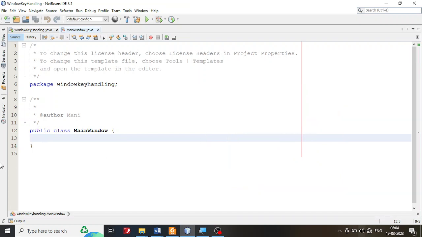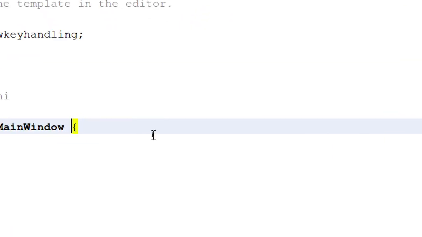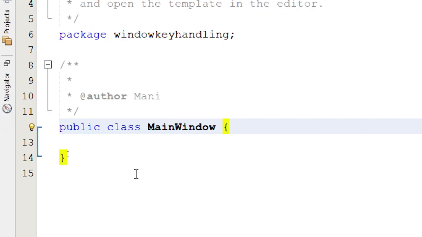So that is the first thing. What we are going to do here is create the class. You know very well, in Java you say public class and the name of the class, and we say it extends. I'm not going to type the whole thing, I'm going to type "exte" and Control Space, and NetBeans will do it for me. Extends